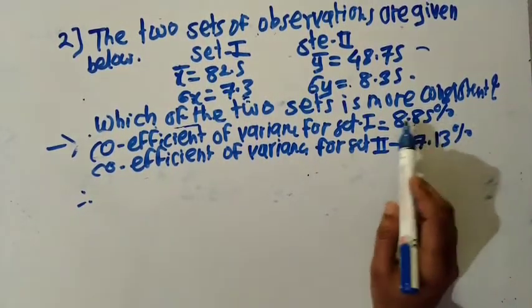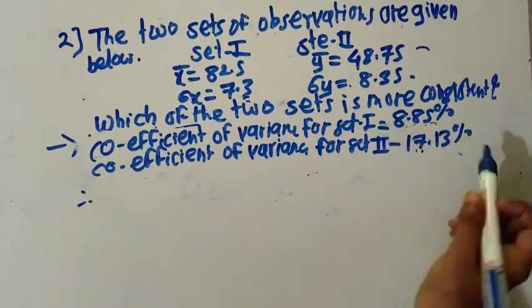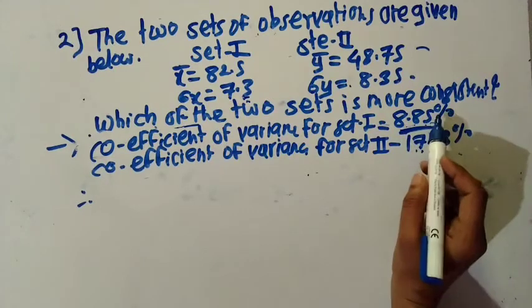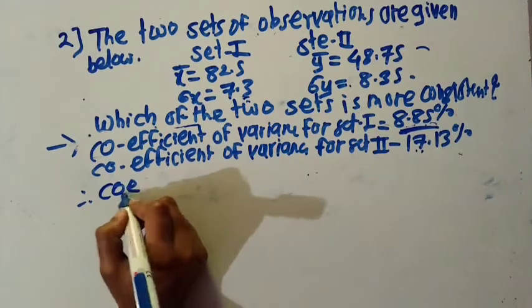Then which is less, 8.85 or 17.30? This value is less, so it is more consistent. Set 1 is more consistent, hence